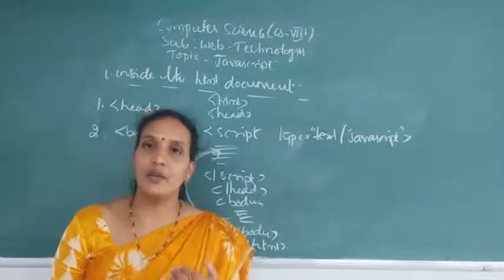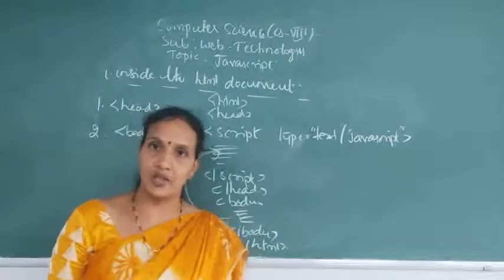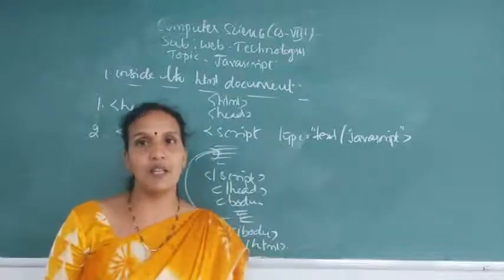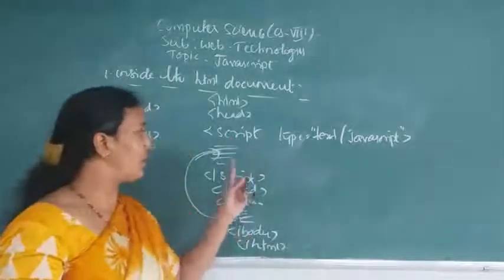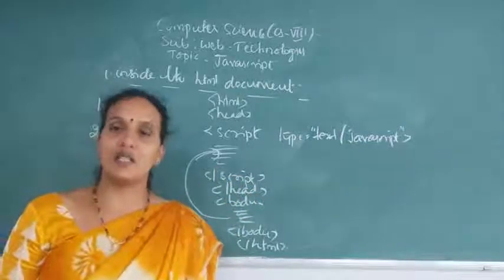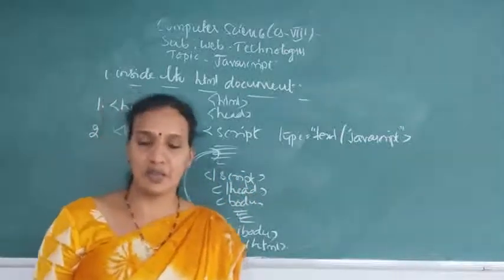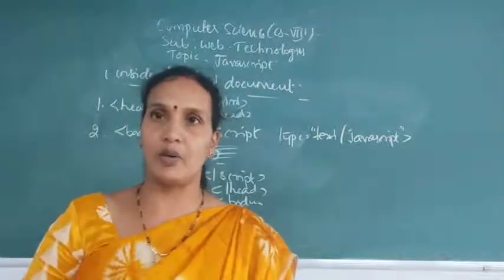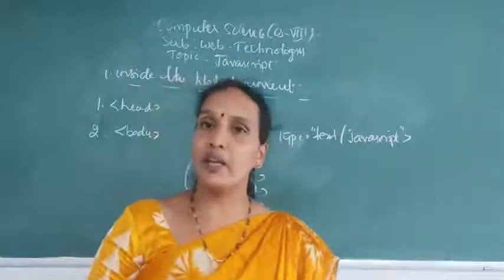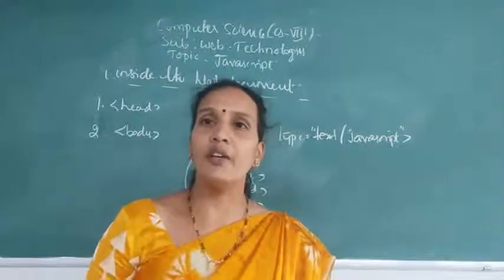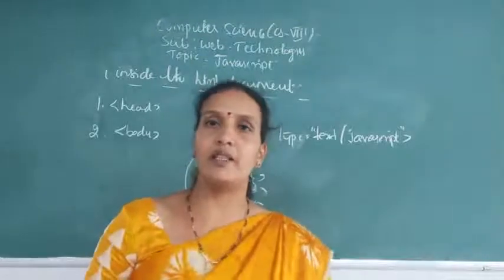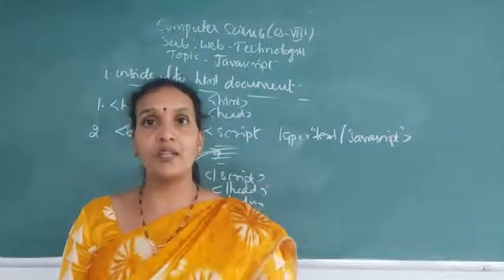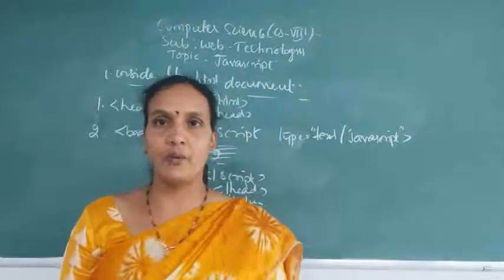Okay, so in the first method, we are writing the JavaScript code inside the head section. Inside the head section also, we'll use a script tag. Using the script tag, between the script opening and closing, you can write JavaScript code. Understood? So if you want to include JavaScript code inside the HTML document, the first one is you can include it inside the head section. If you have included JavaScript code inside the head section, then whatever you have written in the head section will not be executed directly. That should be called from the body section. Okay, this is the first method.